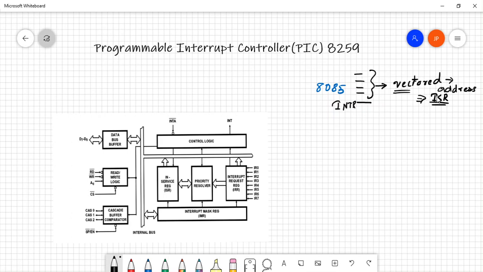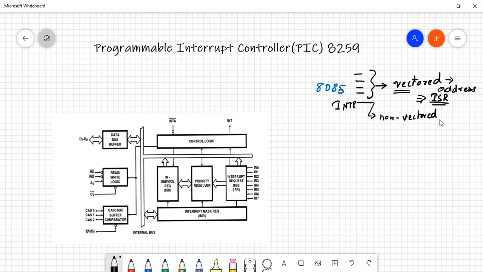Let's say at a particular address you might write the service routine either for your keyboard or for your mouse, but you can't write both at the same address. So only one device can be connected to each of these interrupting pins, whereas INTR is a non-vectored interrupt,